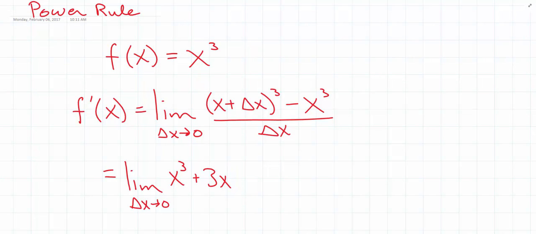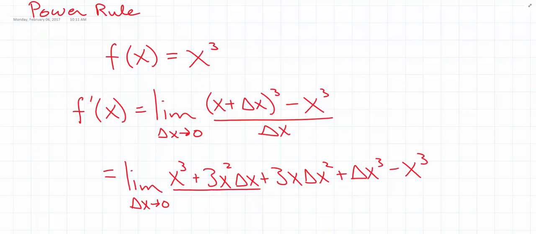Notice that the delta x kicks in here, plus 3x delta x squared, and then plus delta x cubed minus x cubed. Now, I picked a simple one, but this is the difference quotient for a very small power up there, 3. Notice that it doesn't matter what the power was, if it were 4, 5, 27, or 10 billion,